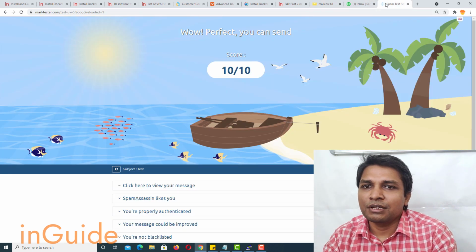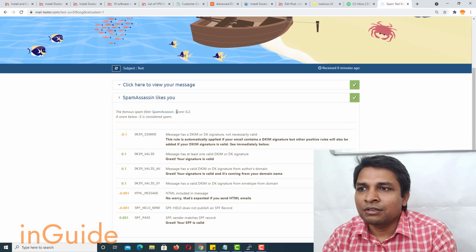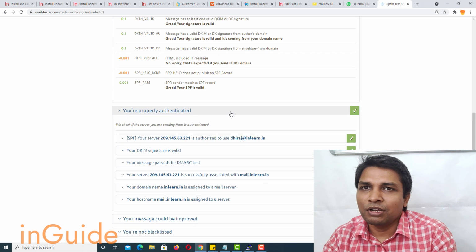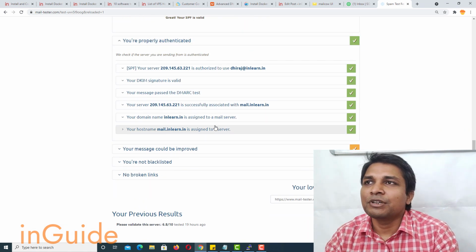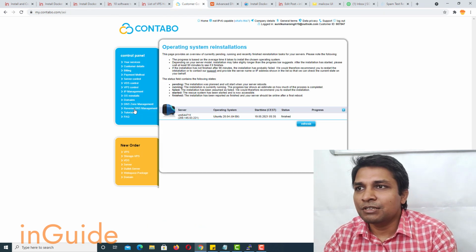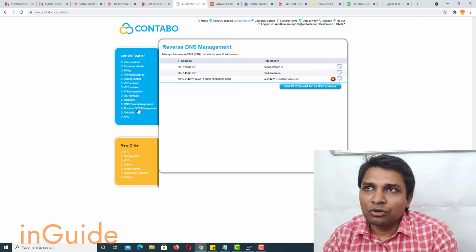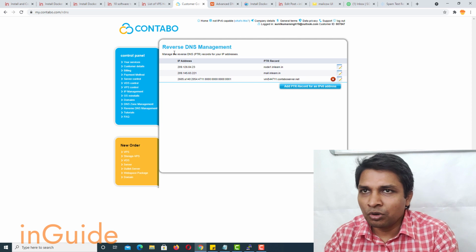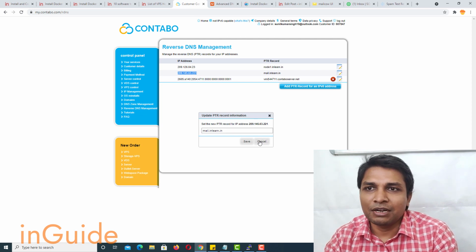So now I think mail has been received, and here you can see you are properly authenticated. Before I close this, I must tell you not to forget to set your reverse DNS. For that, go to Contabo or whoever is your VPS provider, go to reverse DNS, click on this pencil icon, and then update the PTR record.